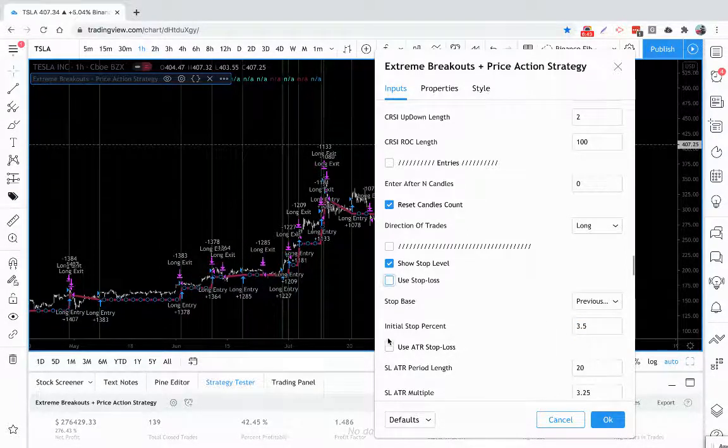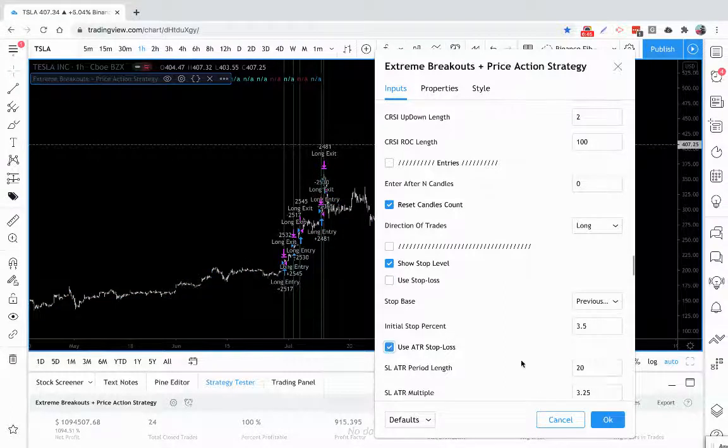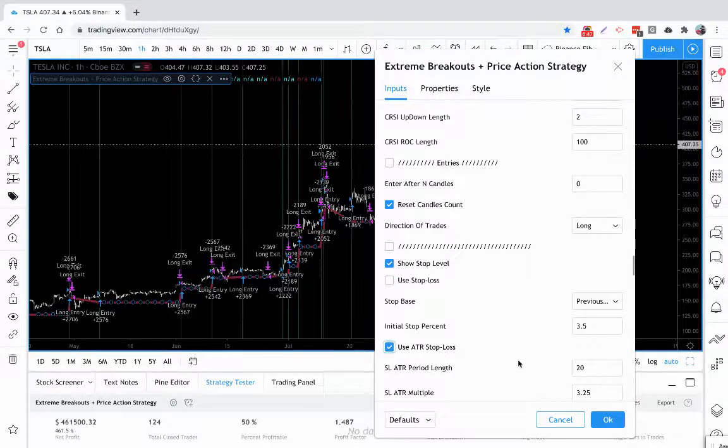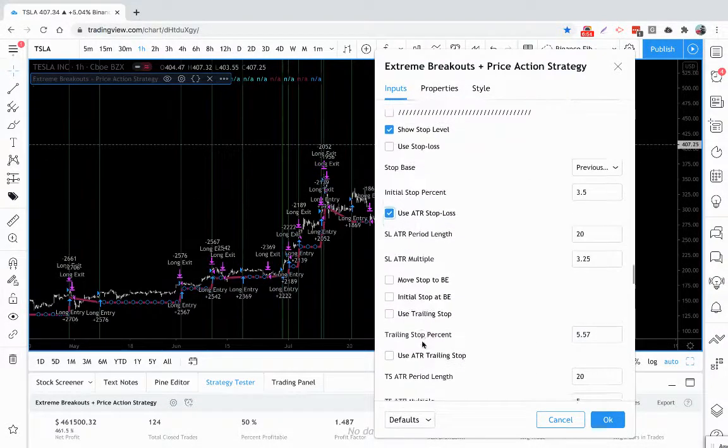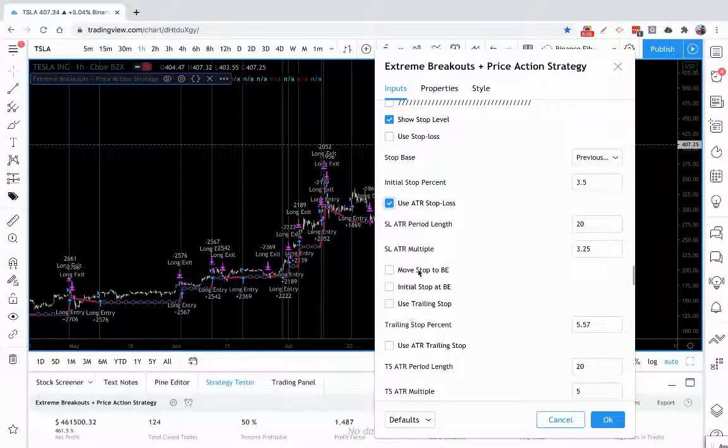Okay. What about if we use average true range stop loss? That actually helps out a little more. And you can adjust all these settings the way that you like. We'll keep that on for now. Let's make it a little wider. Maybe let's start with a